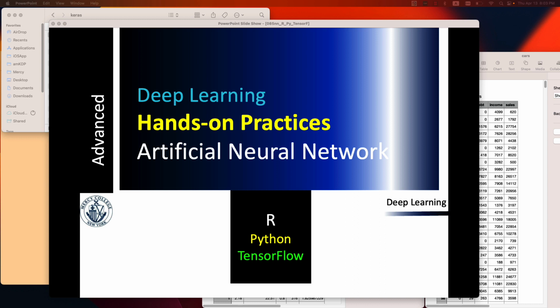We did deep learning using R scripting, deep learning using Python, and today we'll look at deep learning in TensorFlow, which is very handy and very efficient, that I want to experience today. Let's start with